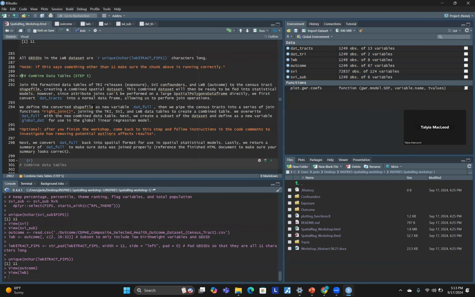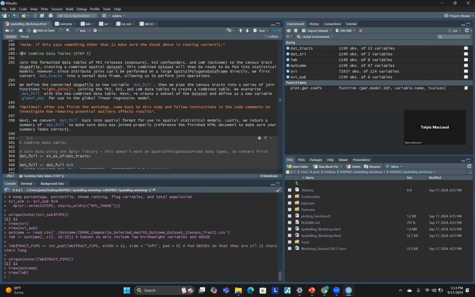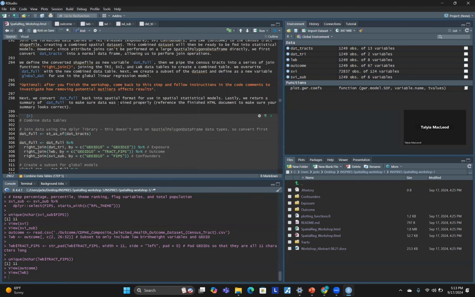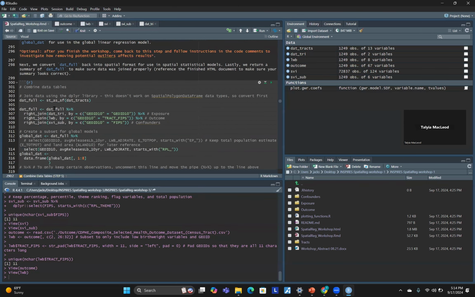Now we're on step 5, which starts on line 290, where we're going to combine the data tables. So we have a separate data table or data frame of our data. We have our census tracts, we have our exposure data, we have our covariates, and then we have our birth weight data. Those are all separate data tables, and we need to combine these into a single table so we can input it into our statistical functions later on. And so the first thing we're going to do